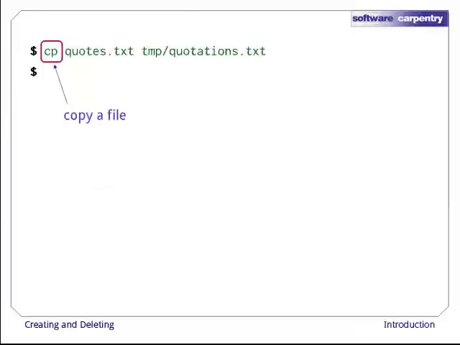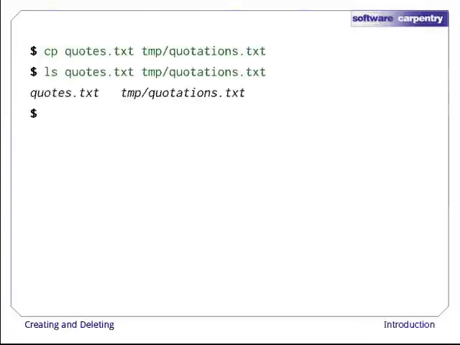The cp command works very much like mv, except it copies a file instead of moving it. We can check that it did the right thing using ls with two paths as arguments. Like many other Unix commands, ls can process up to thousands of paths at once. To prove that we made a copy,